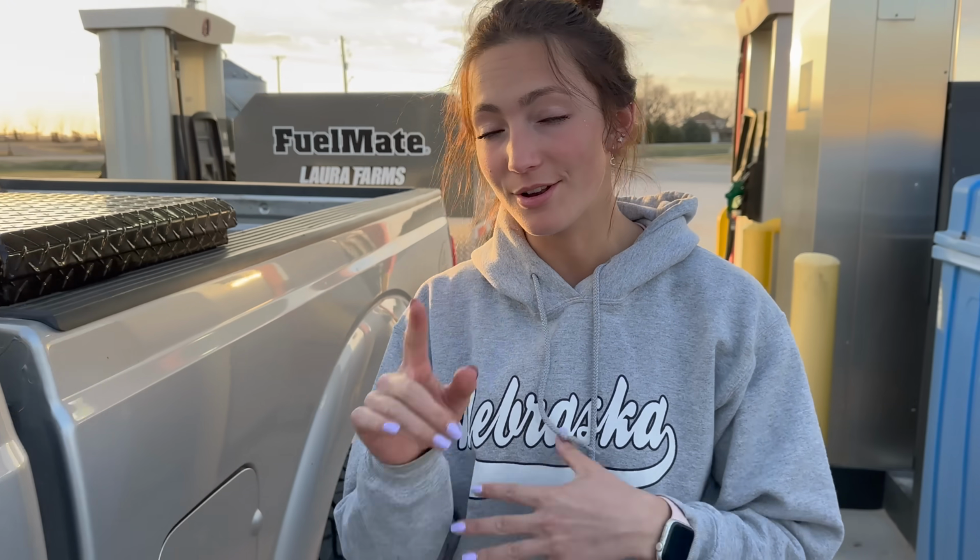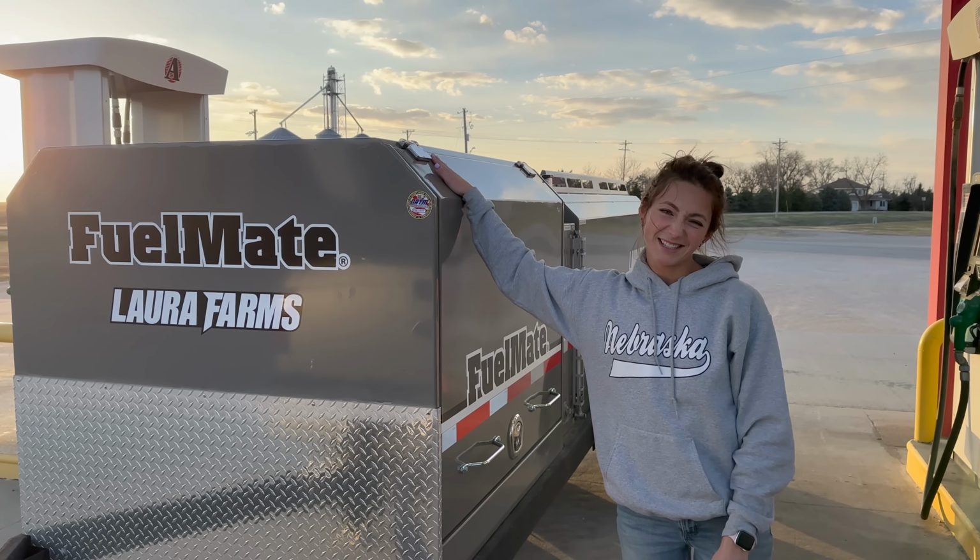It's that time of year again when the tractors aren't in the yard to be filled up every morning. They're out in the field, and we're going to be on the go using a lot of fuel with the tractor and the planter. So luckily, we don't have to do the whole drive back and forth, back and forth thing. We can keep the tractor rolling all day and all night long because of this handy dandy